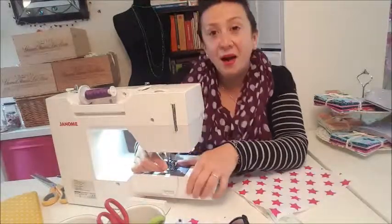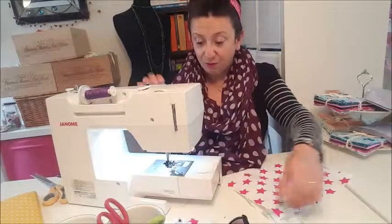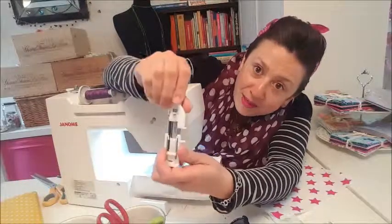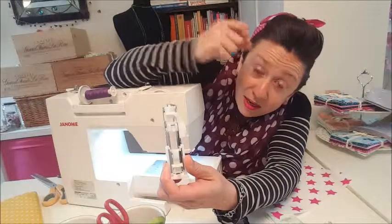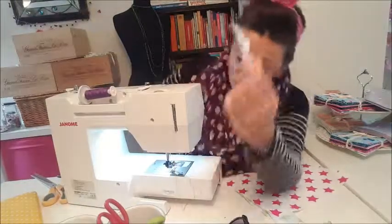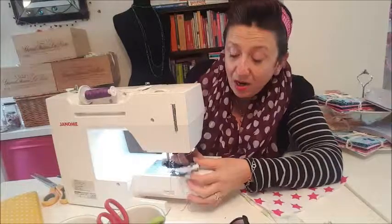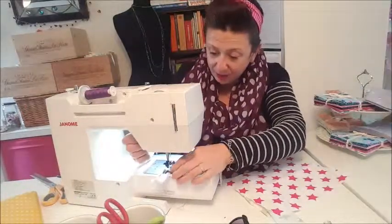To do that, I will take off my regular straight sewing foot. Put that to the side and take my one step buttonhole foot, this little silver line here that I'm sure there is a correct name for, which is not coming to my mind right now, but that will clip on where your foot would normally go, with the largest part of the foot towards the back of the machine. So I clip that down,